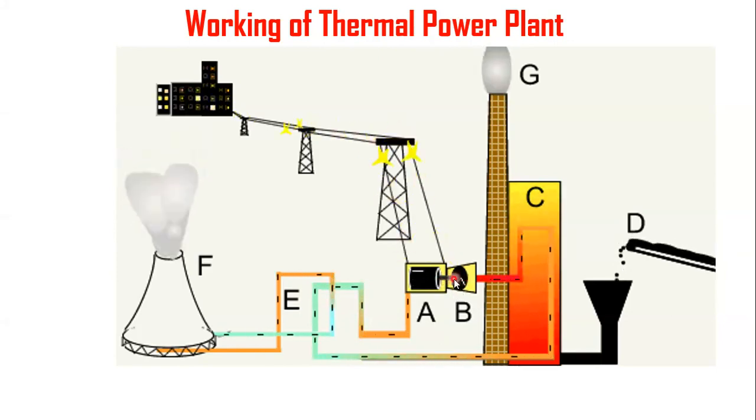The shaft of this turbine is connected to the alternator. The alternator also rotates. So that's why electrical energy is generated from the alternator. The steam is then condensed. So after passing the steam through this turbine, now it is fed back to the